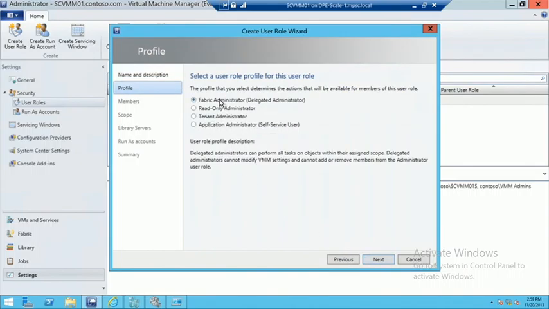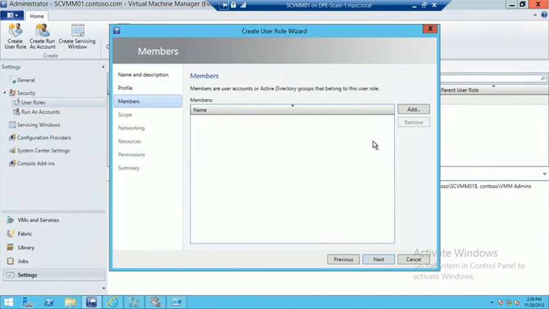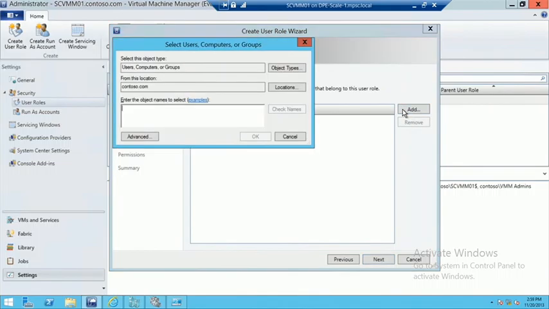Here we get to specify whether they have access to host groups, access to clouds, read-only access, or account creation access. And in this case, we're going to create the self-service application administrator. So they're just scoped to our clouds. Under members, we then go into Active Directory and get to list either individual members or even groups. So in this case, I'm going to add my developer user,